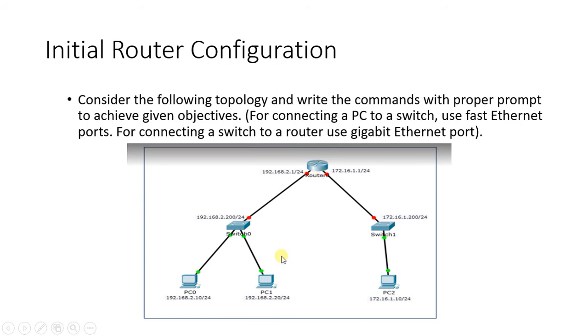So we already know the difference between a switch and a router: a switch is used within a network. For a particular LAN we use a switch. Once we have to send our message or our packet from one network to another network, we use another device which is called a router. So whenever you have to ping between two different networks, we use a router, and within one network we can use a switch, right?